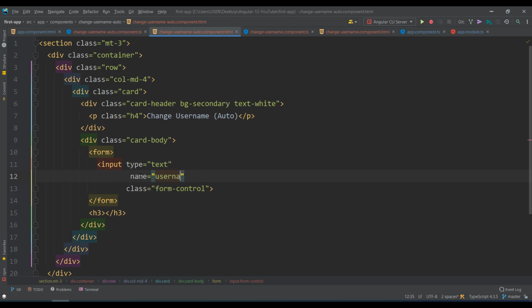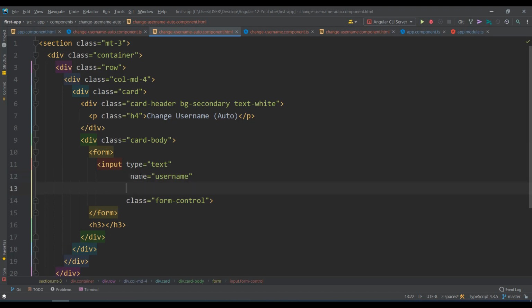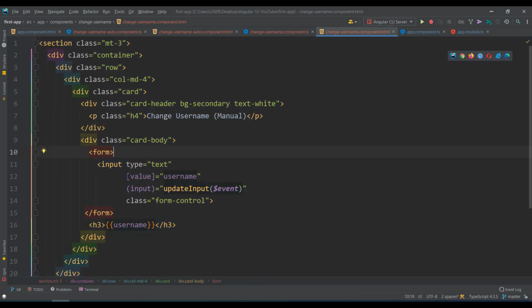The name is required when you want to bind two-way. See, in the last example, for value you used these brackets, and for event you used these brackets. From component to HTML binding is this, and from HTML to component, the TS binding, is this.